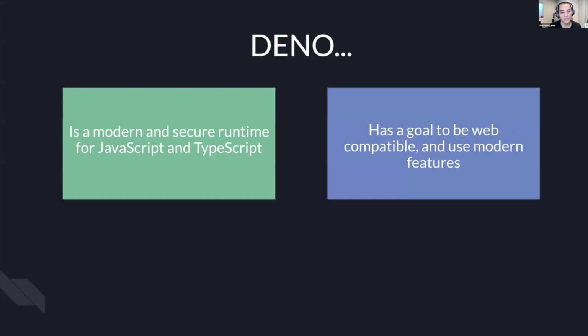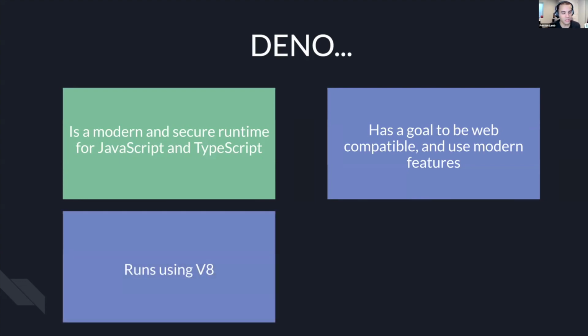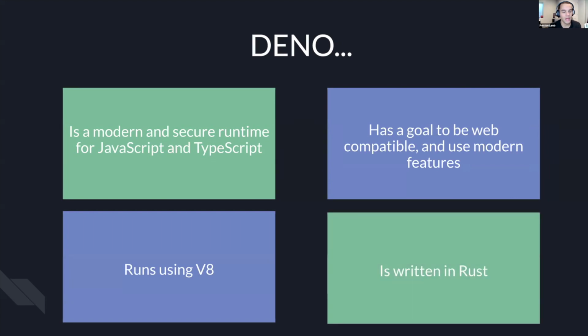Its goal is to be web compatible and to use modern features. So anything that you run in a Deno script, the goal is that it would also run in a browser or something like that. It runs on V8. So again, that goes along with being able to use modern features and being web compatible, and it's built in